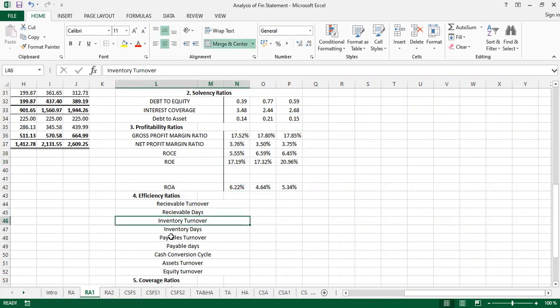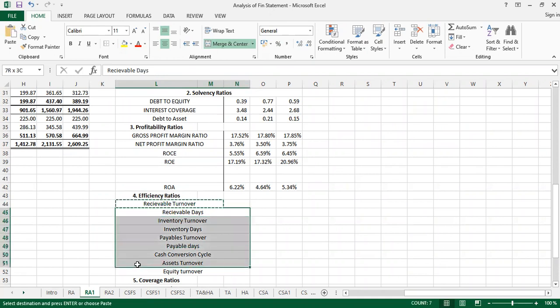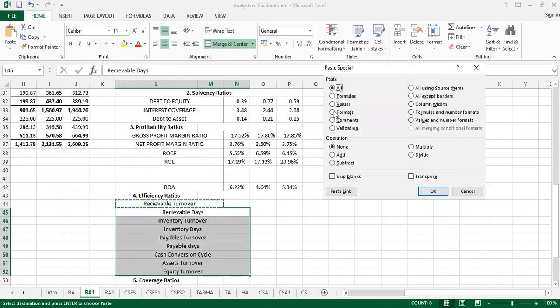Then I come to efficiency ratios. So receivables turnover. Actually, also you can see that, so I'll unmerge first. Then I reduce the merge up to here, up to this one there, and then I merge again. Then I do Control C. I come here. I take this one down. I do Control Alt V. And I do format because I just want the format only. Okay,